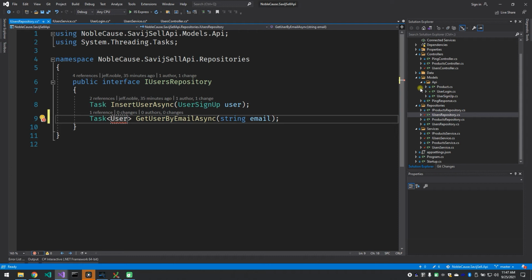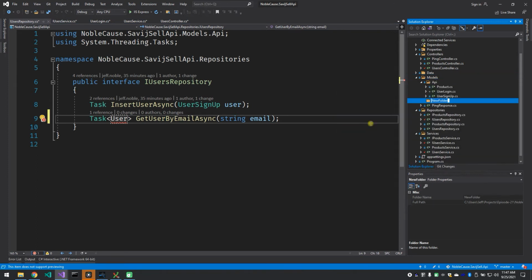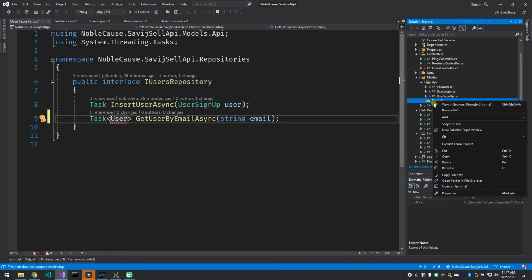So here's where our domain models come in. And so we're going to have to create a model. So I'm going to create, in models, I'm going to add another folder. And I'm going to call that domain. And in there,